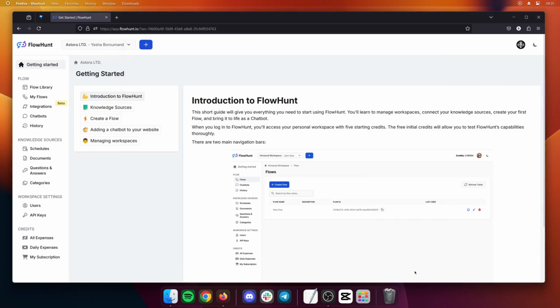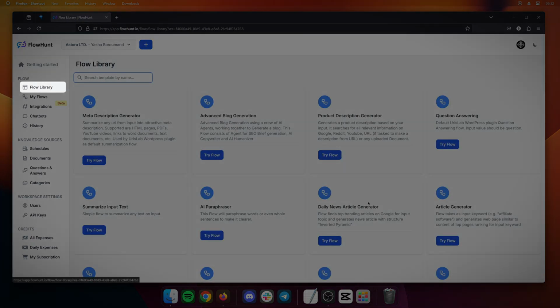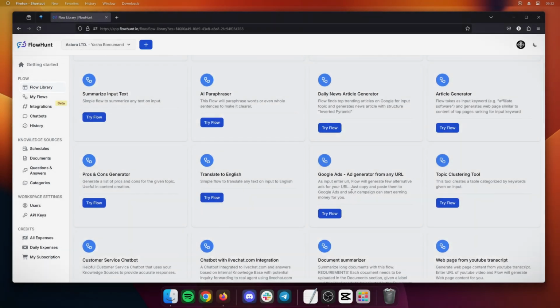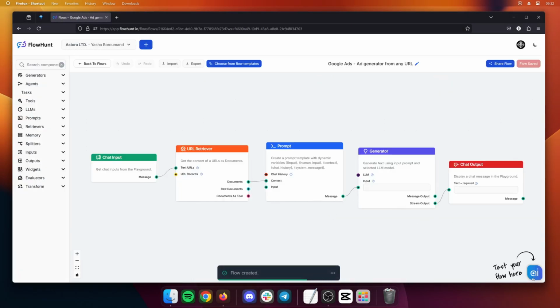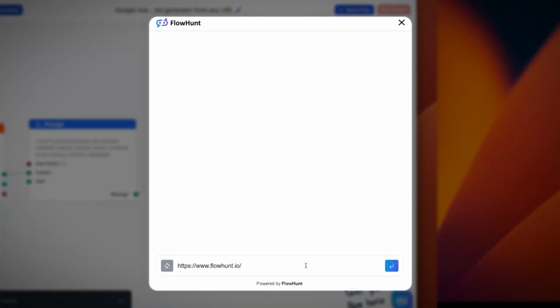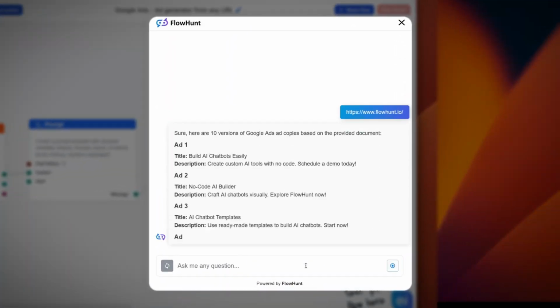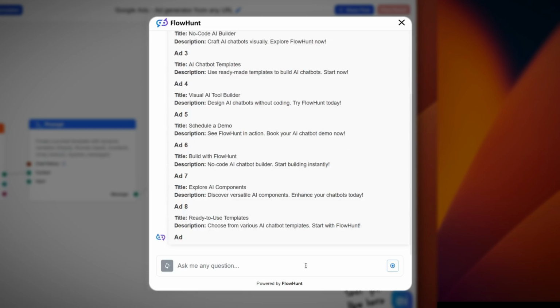Hello, everyone! Today, I want to introduce you to our Google Ads ad generator from any URL template. This tool can be found under the Flow Library tab, where you can select the ad generator option. With this tool, you simply input any URL, and Flow will instantly generate several alternative ad copies tailored for your